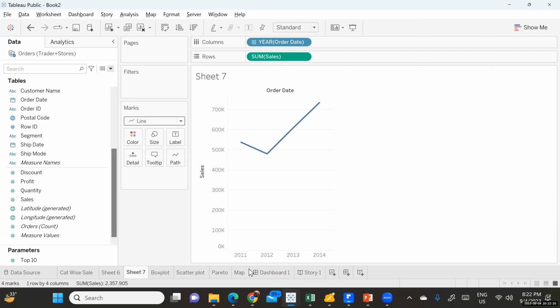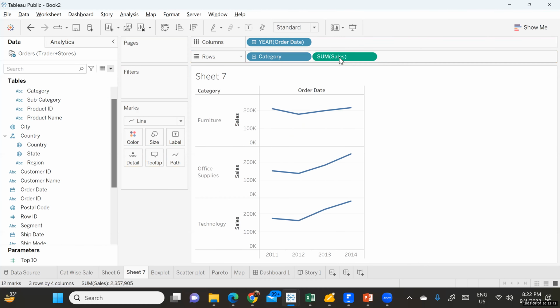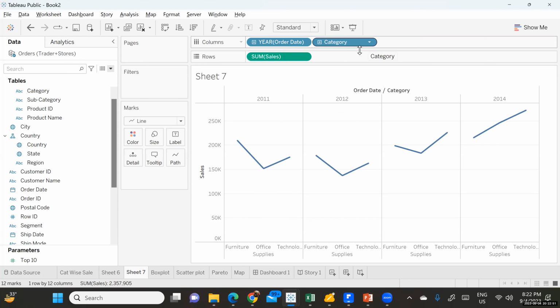This is my year 2011, 12, 13, 14. But you can see this. When you say plus sign, it means it has a hierarchy of quarter, month, and date. So I want to see the category wise. Okay, so let me put category also. I put the category on this. Or let me put the category over here. Okay, I put the category and I say, okay, category wise, I can see that